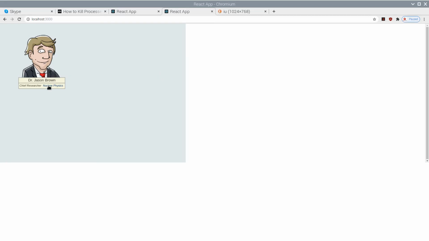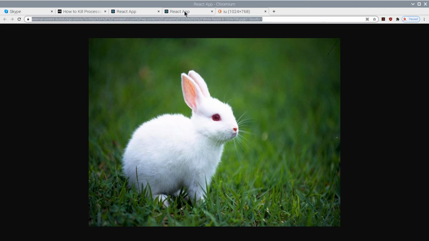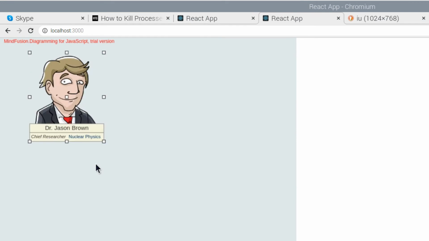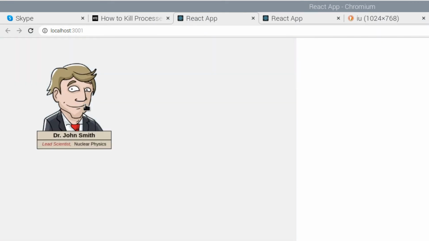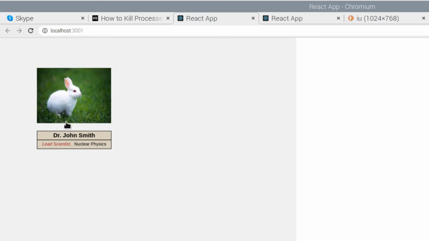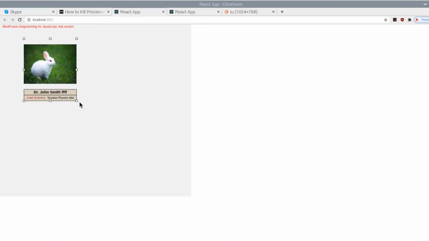In this video tutorial, we will expand the functionality of our org chart node, which we started building in the previous video. When we paste the URL of an image, the node does not get updated. In the final version, the new image gets rendered. The labels are also editable, but the change is not visible until we force the node to repaint. We will change that and apply the new text immediately.